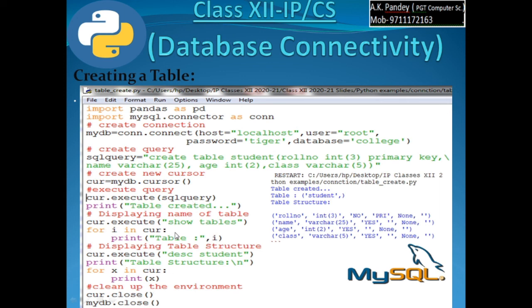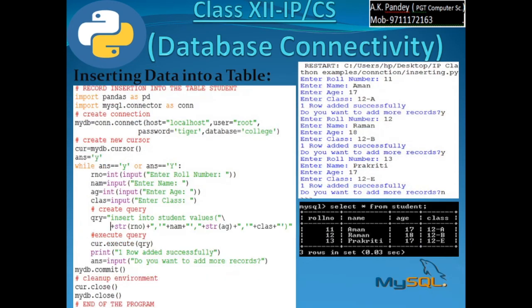Thereafter, the environment has been cleaned up. So in table creation you have seen the list of tables along with the table structure. That means the create table command and show tables as well as describe table name. And thereafter, lastly, you have learnt how to insert the record into the table.